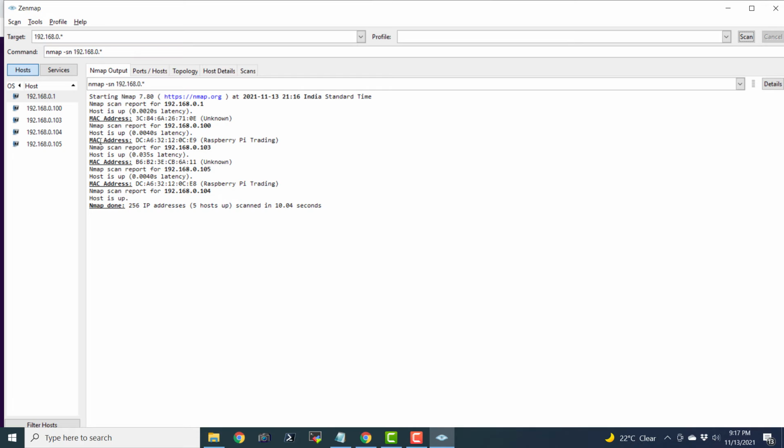So here we can see that there are two Raspberry Pis connected to this network. Basically, it is a single machine. I have connected it via Wi-Fi as well as LAN for backup. That's why it is showing two entries for a single machine. So we can just copy an IP address like this and open the MobaXterm client. The copied IP address is in the clipboard of this computer.